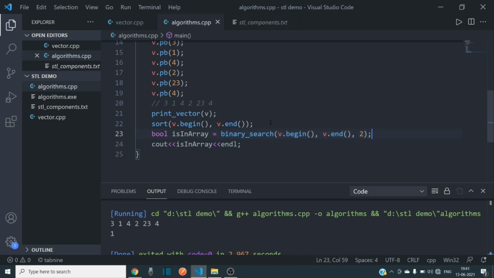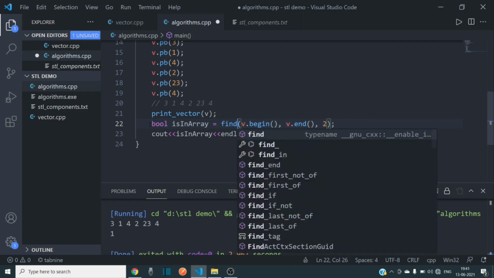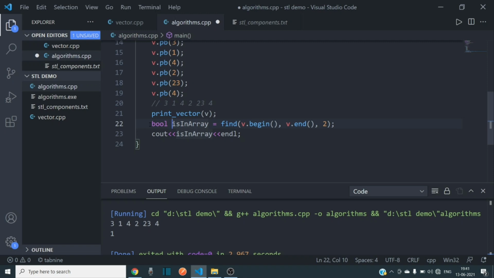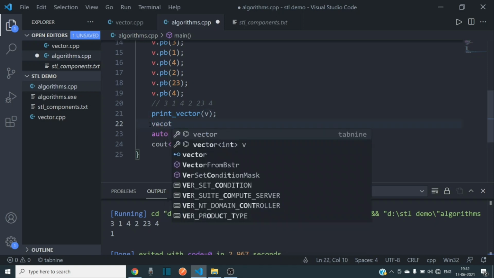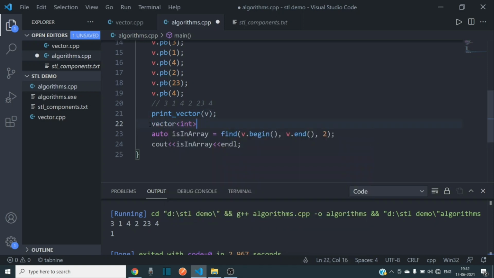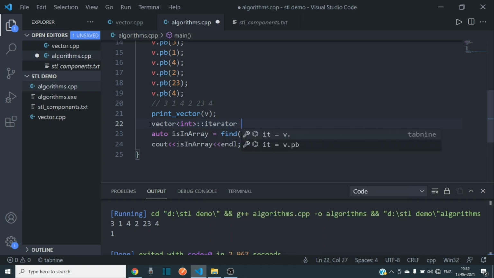But if the array is not sorted, then instead of binary search, we can just write find. Find returns an iterator. It doesn't return a boolean value, so we can write auto, because otherwise we have to write the iterator type out in full.